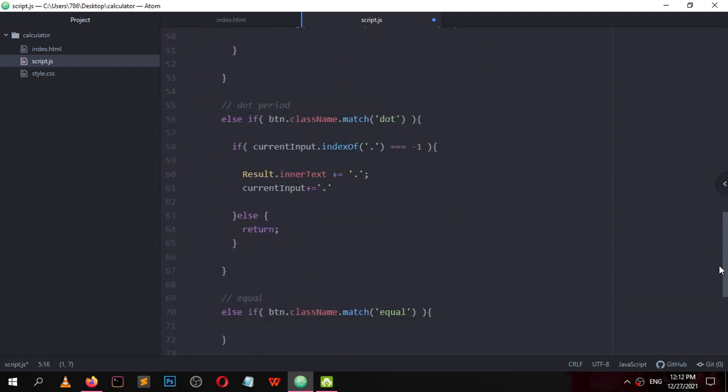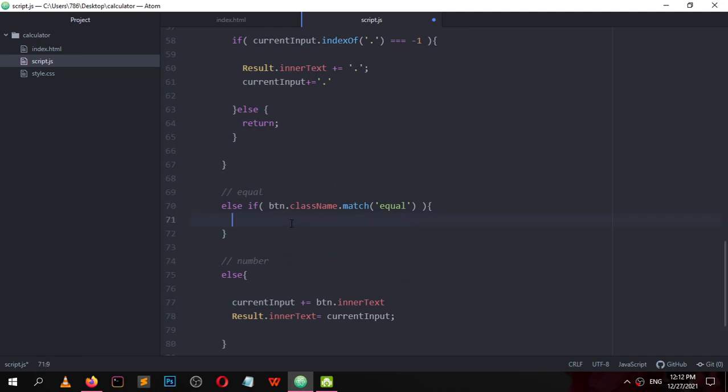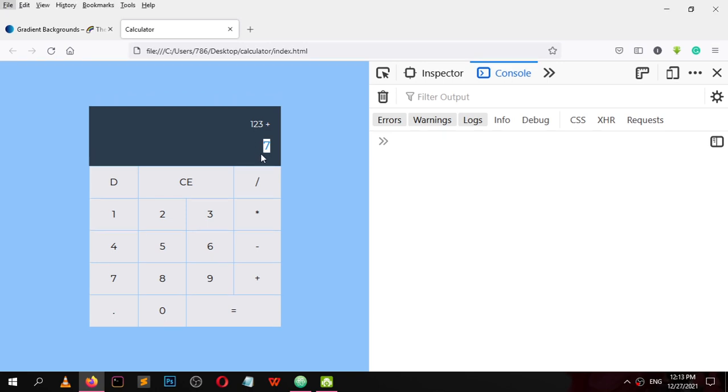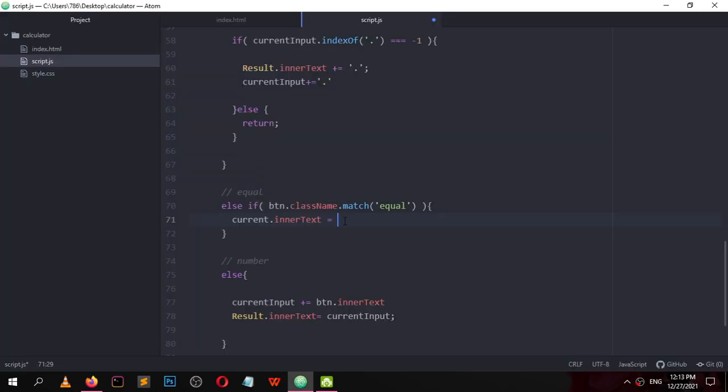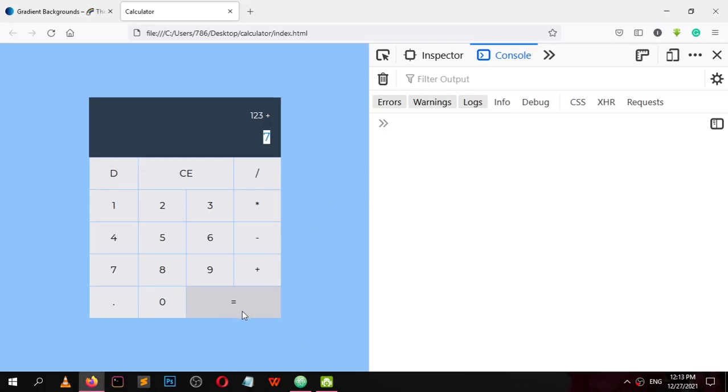Now in the equal, here, current dot inner text equal this. But before, let me set, whenever we hit here, this means we have already set first input, we have already set the operator, and we just remain to add the second input.